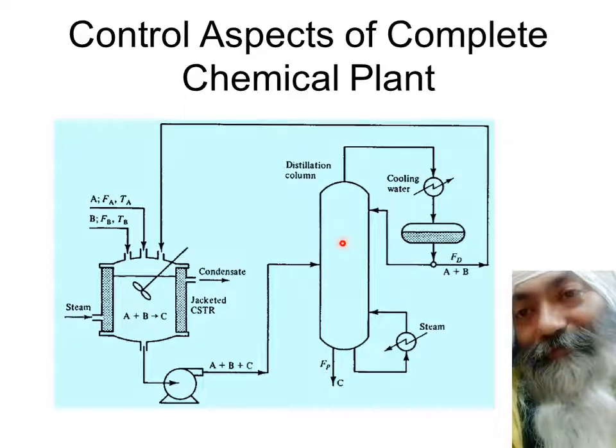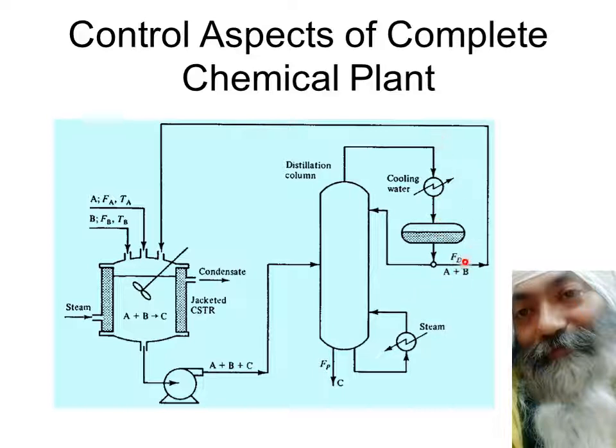So those are the things which for the time being we are not going to consider, because this is the domain of chemical engineers. What should be the amount of reflux going back to this? It depends upon what is the purity of A and B, and if there is a C which is more over here, so we will put it back over here and try to extract C coming back to here, and so on and so forth.